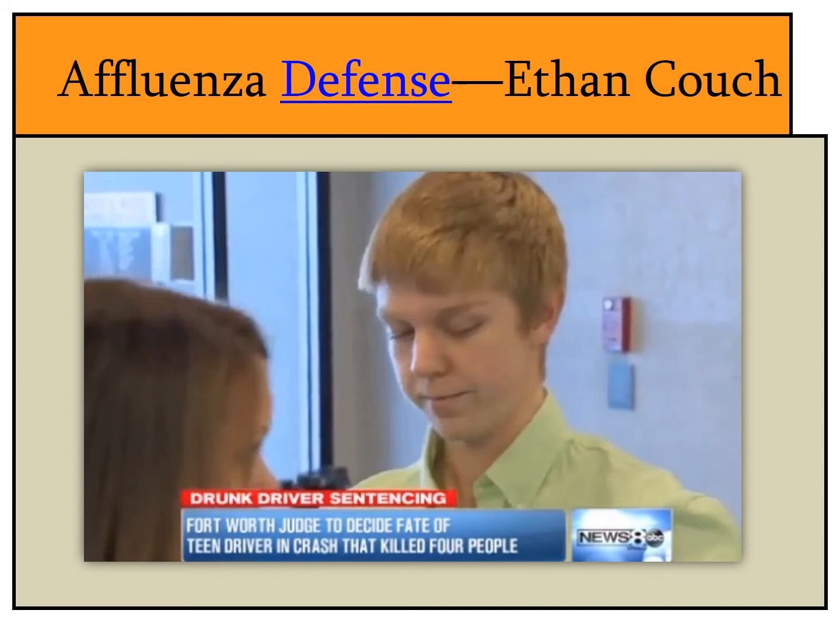And the affluenza defense is the idea that this young man, because he grew up in such a wealthy family, did not know right from wrong. He was not trained to know the difference between right and wrong because he was so wealthy. He was so rich. And essentially, the defense worked because Mr. Couch, even though he killed 3 people, got basically probation. And part of the probation is that his parents agreed to pay for him to have rehab at a $500,000 rehab facility, I think somewhere in California, if I'm not mistaken. But again, you can do your own research and see.